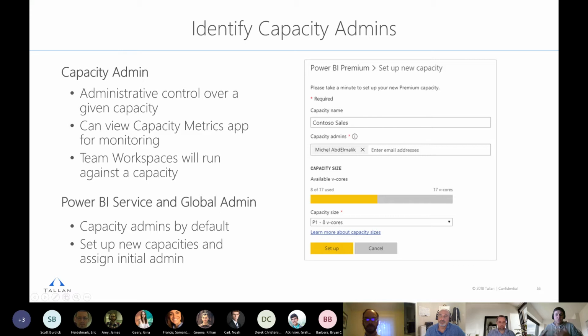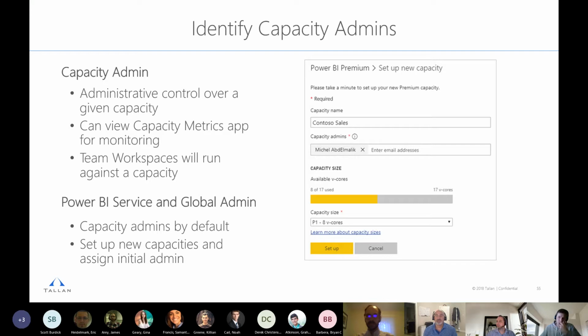Once you do, let's say you've purchased premium capacity. We'll start with the lowest available option, which is a P1 node. At that point, you need to assign a capacity administrator. Usually this is someone specific to a team or department, because usually a department gets a premium node to work with.